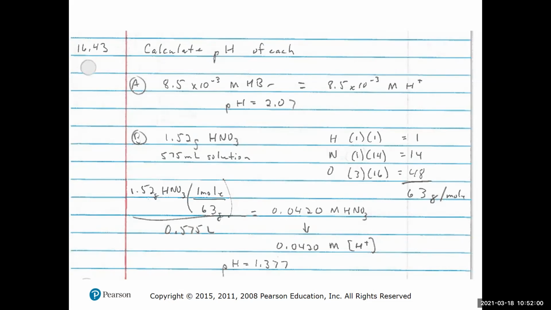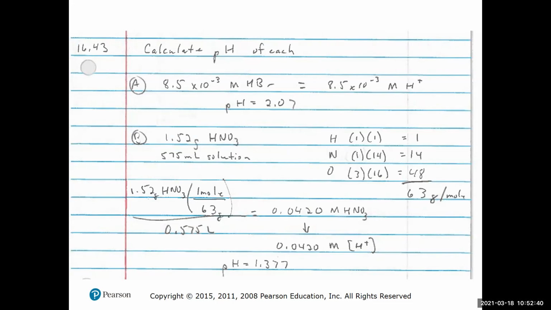Well, remember when we want to find a pH, we're taking the minus log of the hydrogen ion concentration, and that's going to be in moles per liter. Right now, we have units of grams for the HNO3 and milliliters for the solution. So before we can calculate a pH, we've got to get a concentration in moles per liter. The first thing we would do is change this HNO3